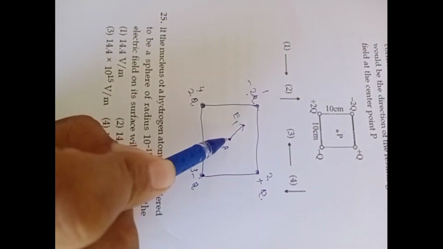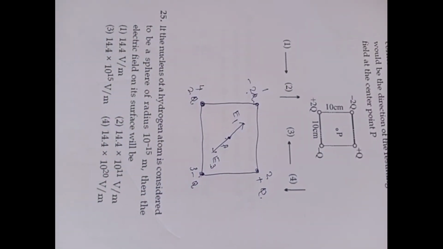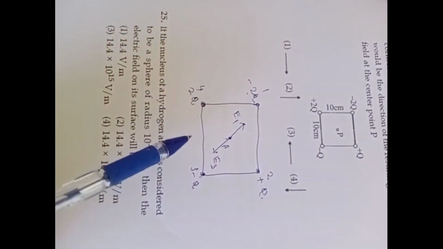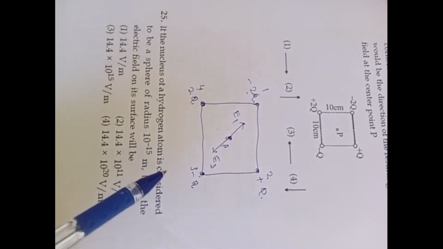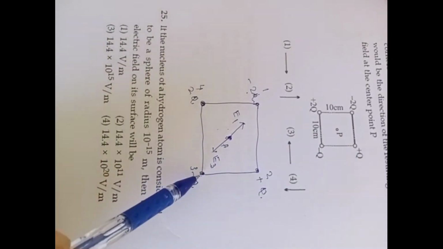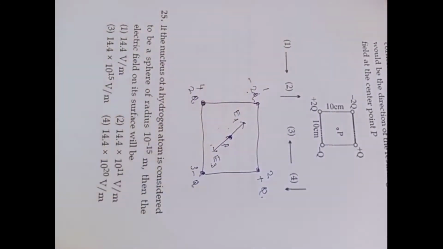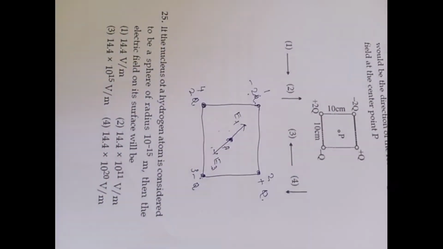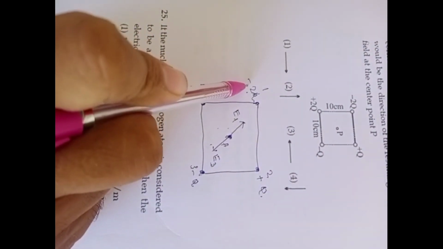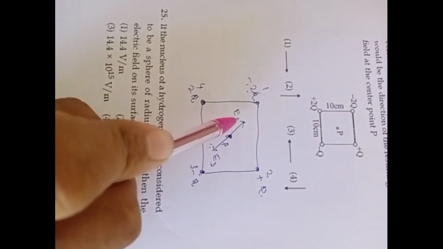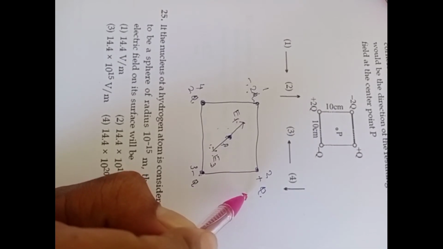This charge here, apply the field like this. If the point is clear, negative charge at this point, because of this negative charge here the field will be in this direction. Because of the negative charge here, the field will be towards that. If you observe these two, E1 and E3, which will be more? E1 will be more, because here minus 2q is there. So the resultant of E1 and E3 will be in this direction.